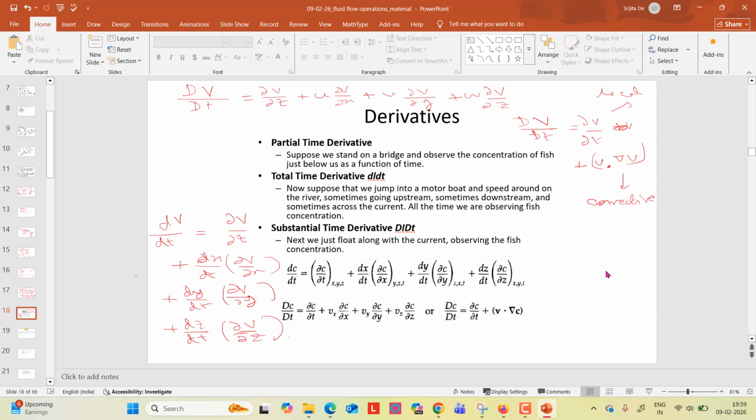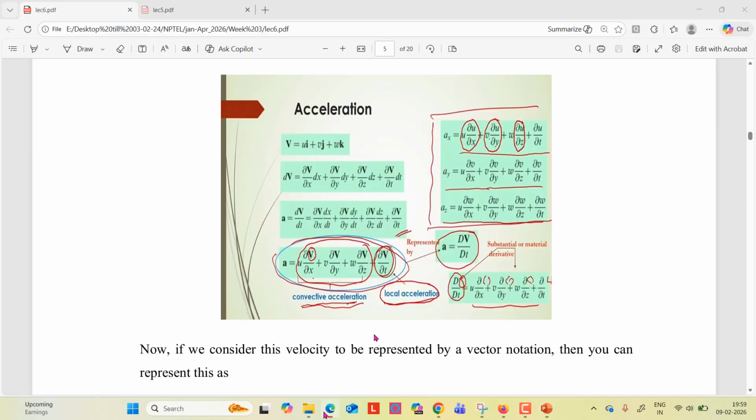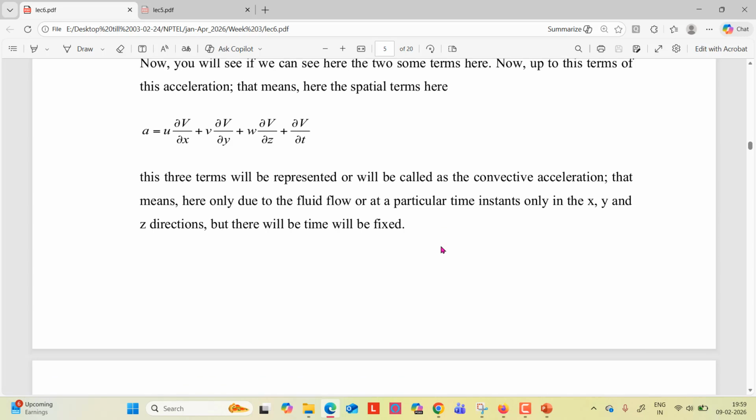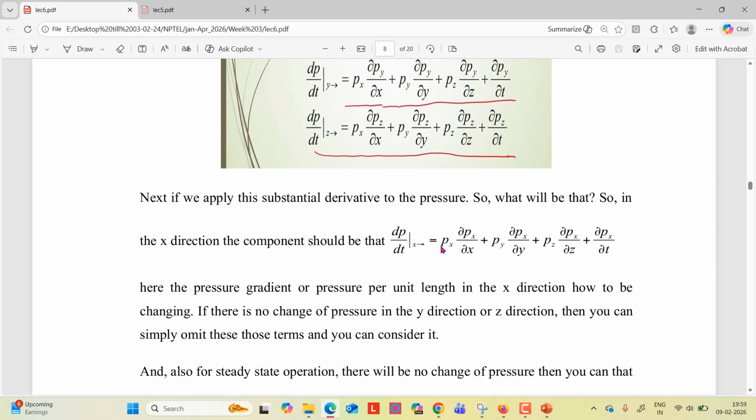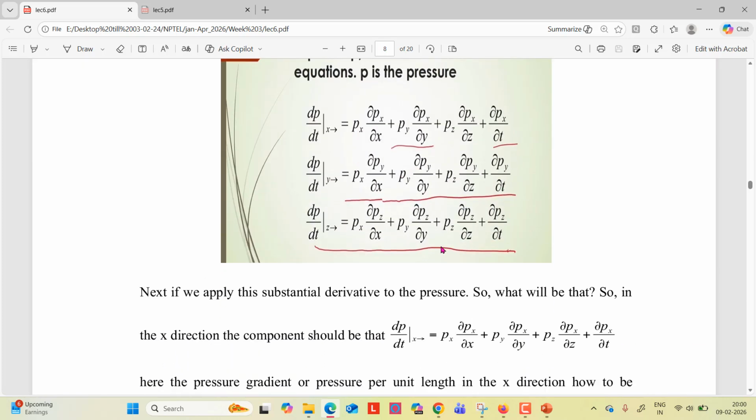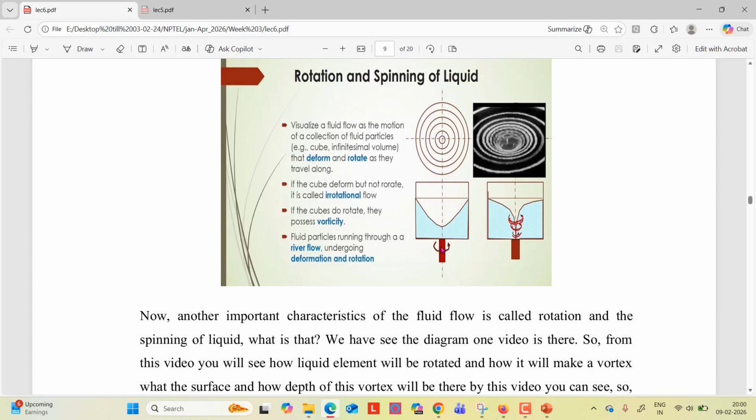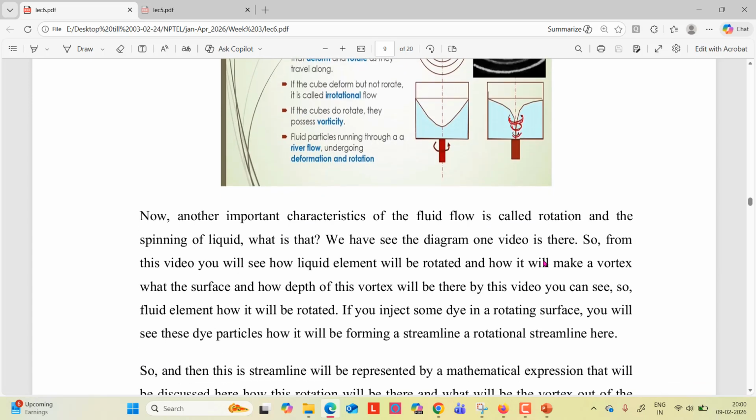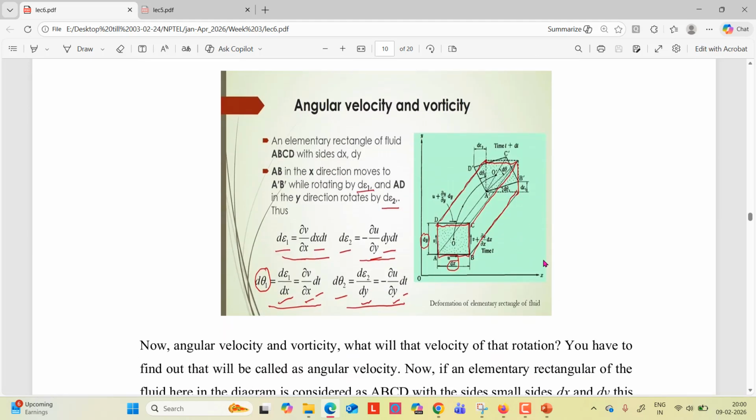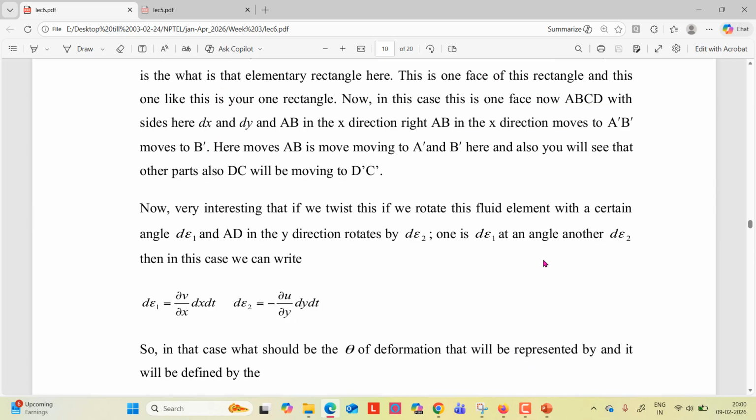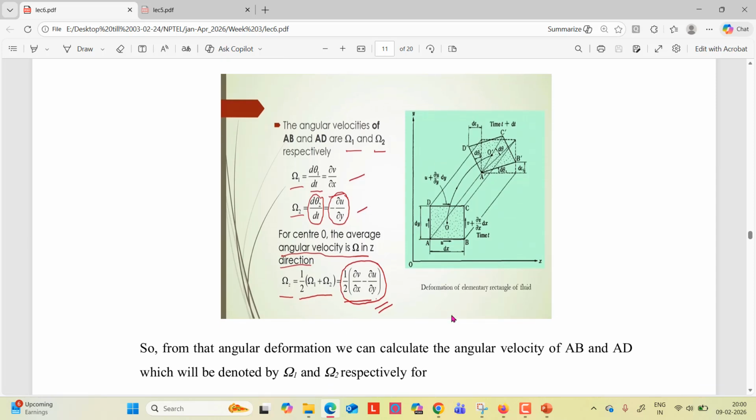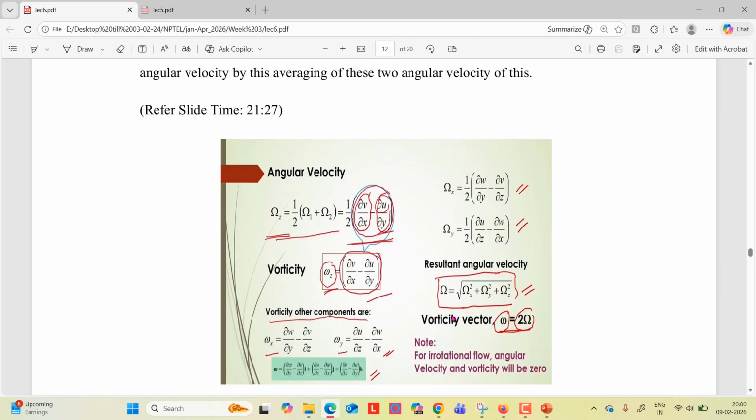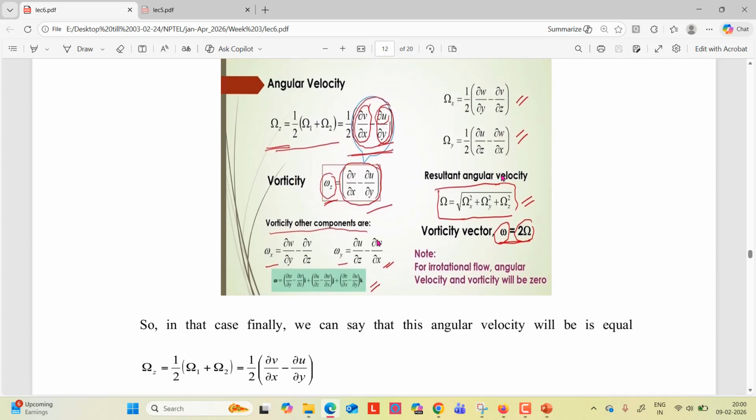Okay. Now we are done, or is anything else left here? So this can be done in case of the pressure term also, or the density term also, all the way. Okay. So this is the rotation and spinning of liquid. So this is the calculation of rotational velocity. So here you'll see the final, you can see it from the lecture. So the final expression is like this: